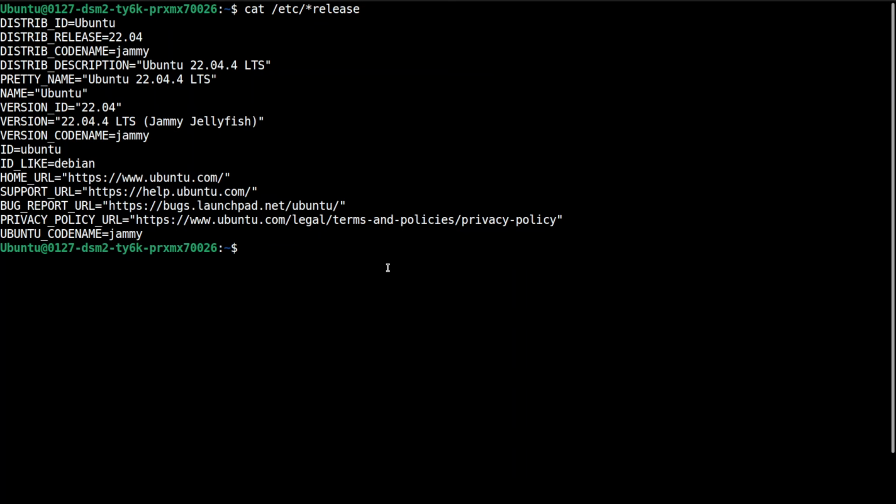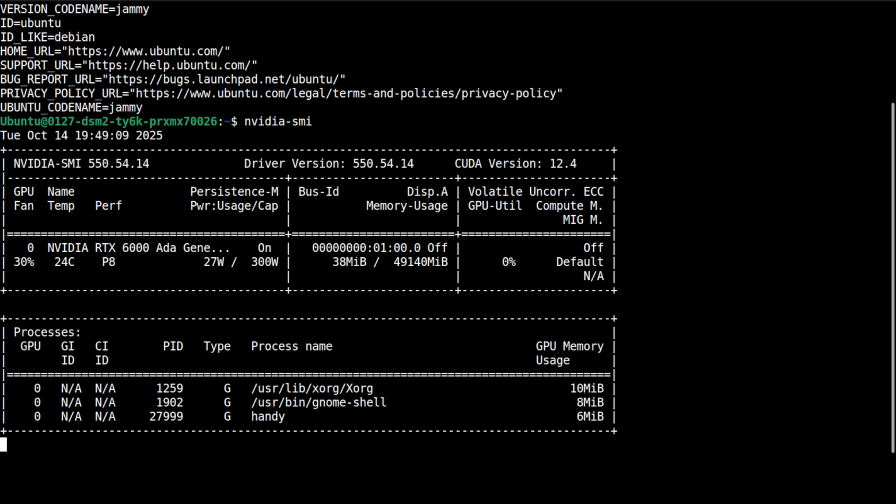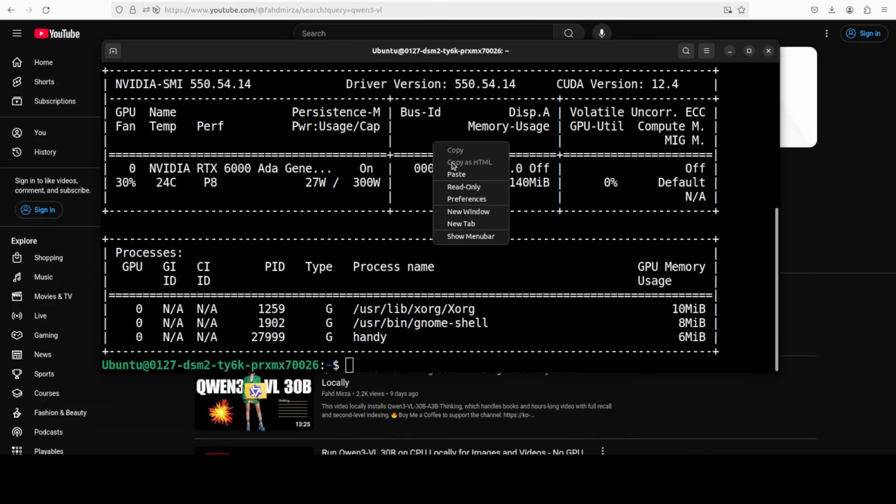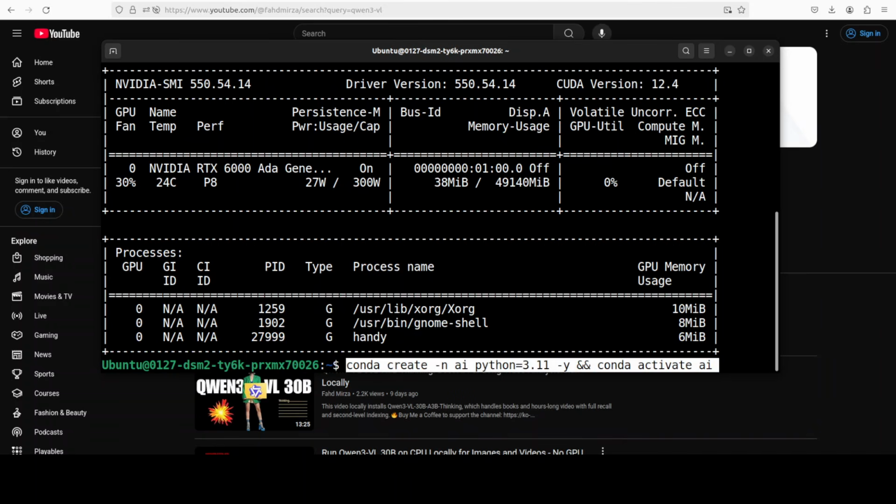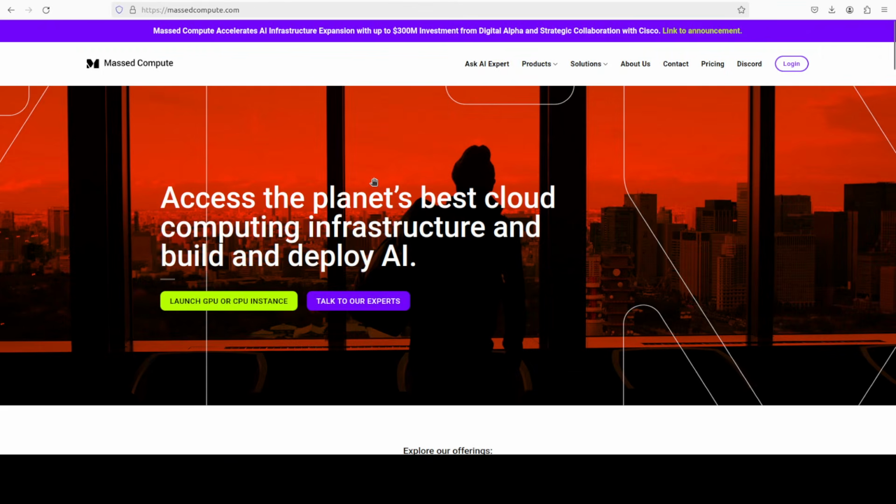So look, this is my Ubuntu system and this is my GPU card NVIDIA RTX A6000 with 48 GB of VRAM. Let me create a virtual environment with Conda,